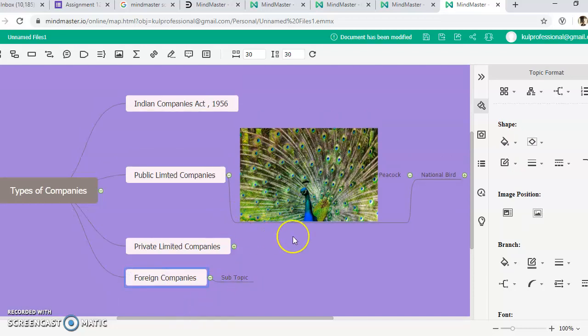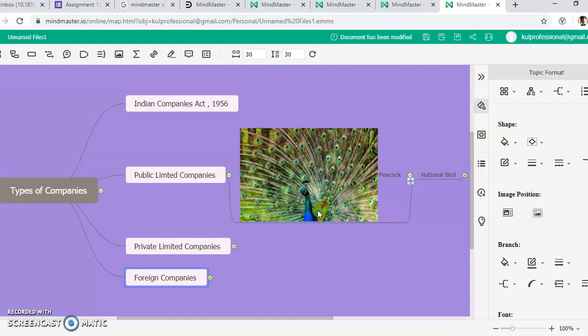And we say cut, and it is cut. So either you can use this to cut. For example, I can just use this to cut, or maybe you can just use a right click and do that as well. So for example, this diagram, this image, if I feel I just want to cut it, you can even do that and make a beautiful mind map so that everything looks very organized, well designed,